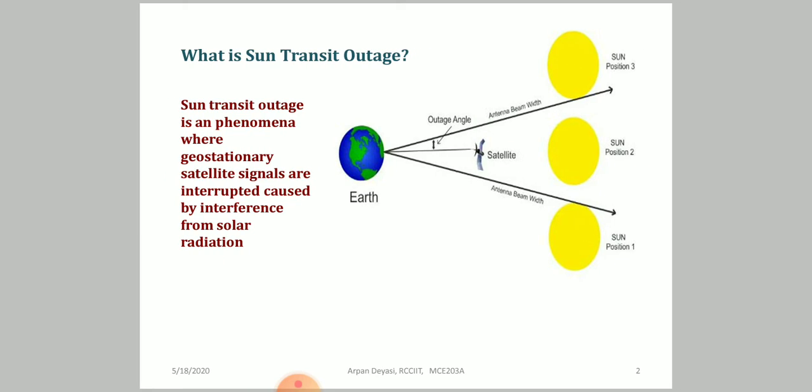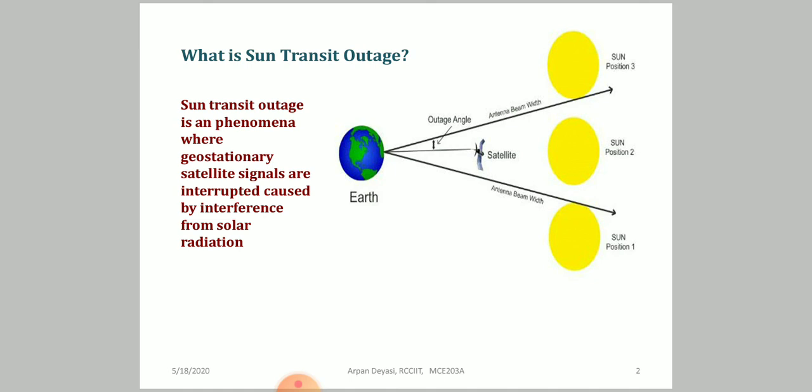So what is that? You will get a figure where you will find the earth and the position of the sun, and for your help I am drawing three different positions of the sun shown in yellow color. If you look at the sun's position, you will find that if the satellite and sun are totally covered within a particular sort of cone, then the total satellite power can be drained by the sun, and that's why you can't get the output towards the earth.